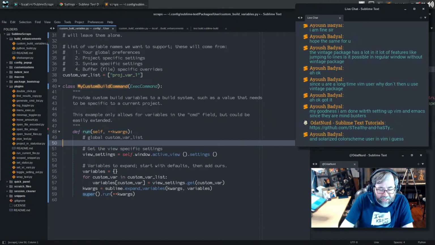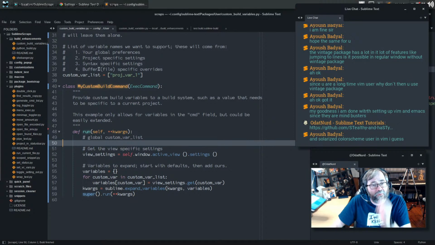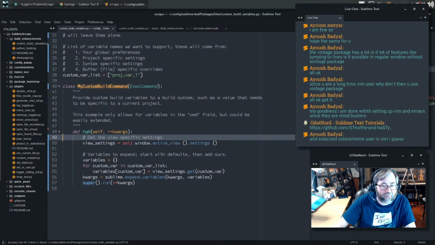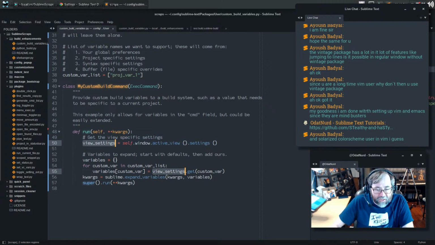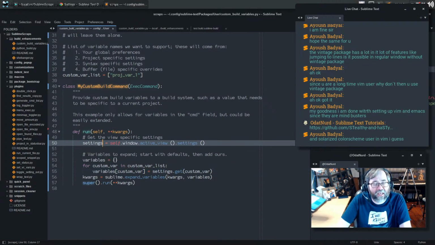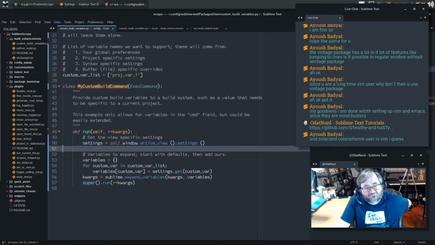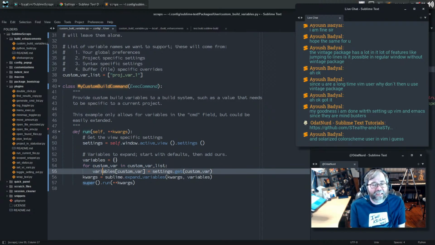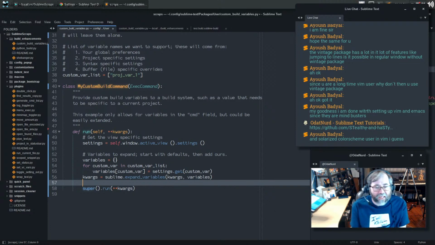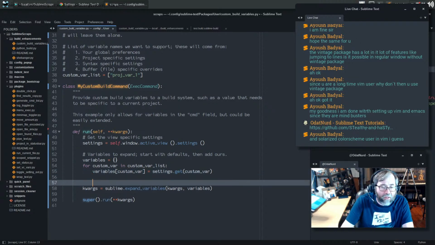I just want to check, is this actually needed for that to work? No, I didn't think so. So let's just take that part out. It's going to get the view settings. Maybe we even shorten this up by just changing this to be settings, like so. And we are good to go. Now, what this is actually doing is creating a dictionary where the keys are variables and the values are the values of said variables. And all of the work for this is done in this sublime.expand_variables key. Okay, so we would say